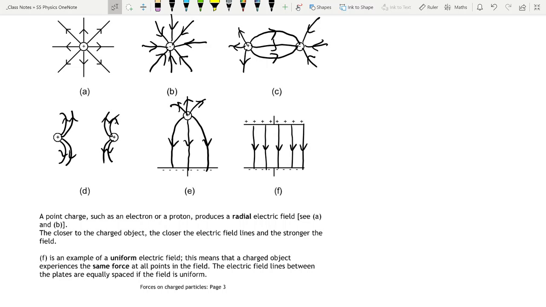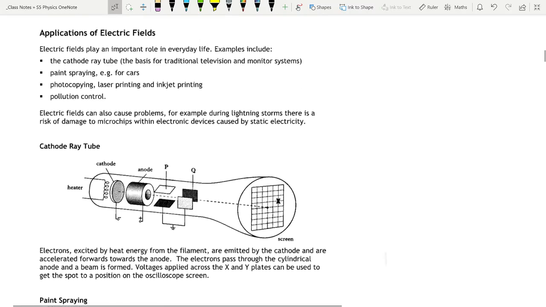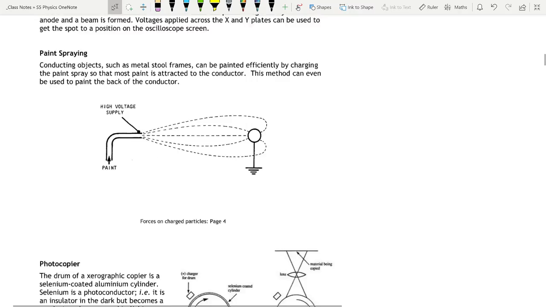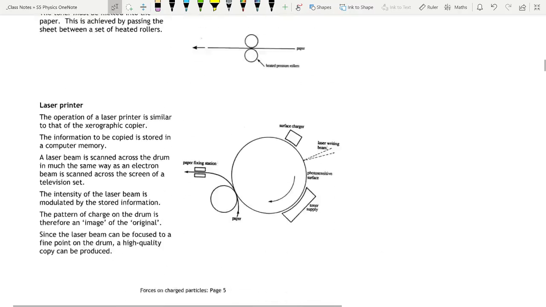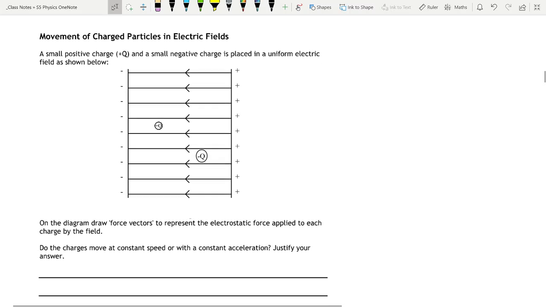Has everyone drawn those? Anyone still drawing? Right, so as I said, we're just going to skip past these. I'll get you to come back and read through these yourselves rather than me reading it at you. But I want to skip to page 7,